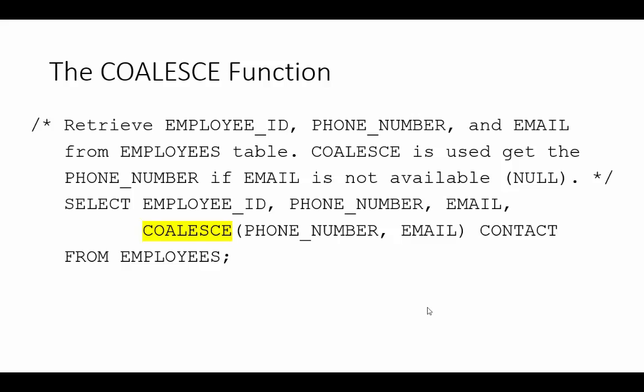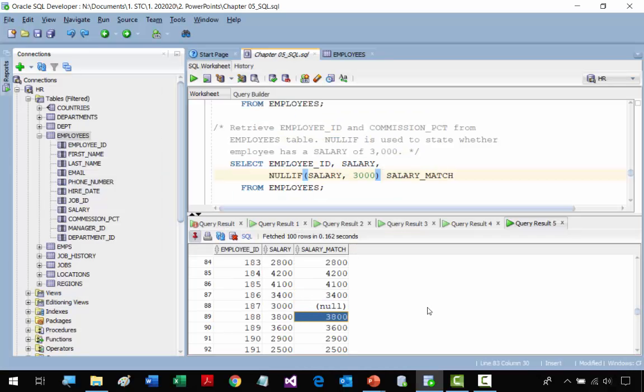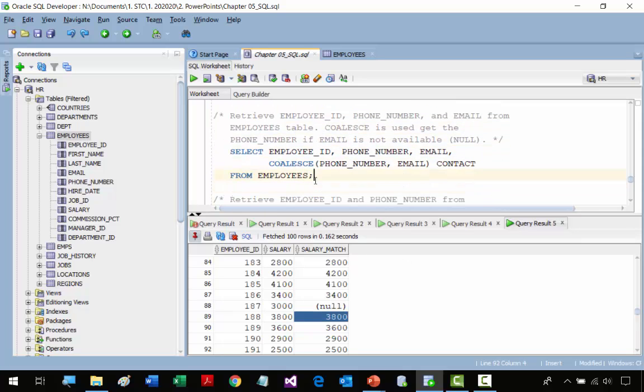So now we come to the coalesce function, and let's look at this in SQL Developer. What this function does is look into a column. I gave it 2 columns, and I think it can take up to 3 columns. So it looks for a phone number. If an employee doesn't have a phone number,